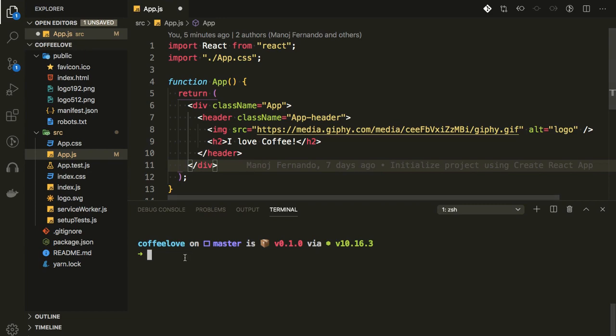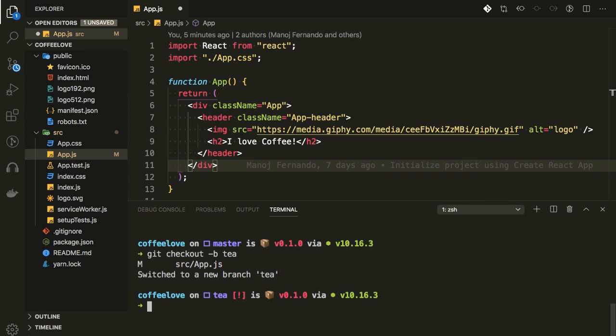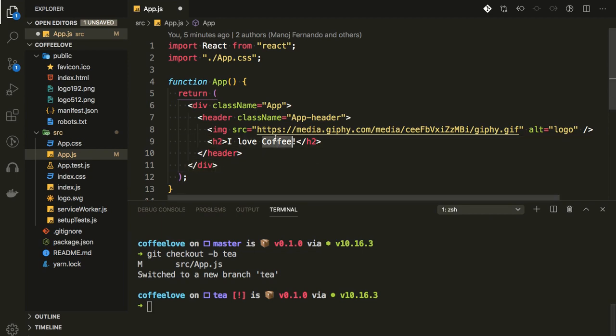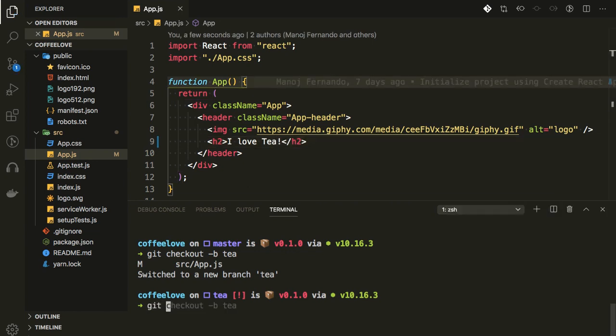So what I will first do is, I will create a new branch to develop this feature or the improvement. So let's create a new branch, git checkout -b t. So I'll create a branch called t and then I'll do the necessary changes. So instead of coffee, I'll put t here and then I will commit my changes.